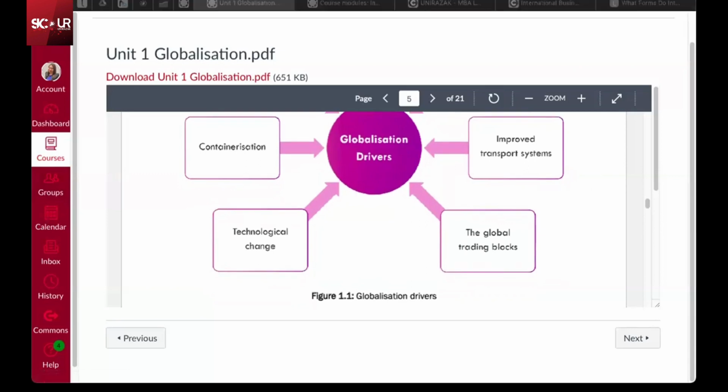And other than that, for the drivers of globalization, like I've mentioned just now, we can put it in several